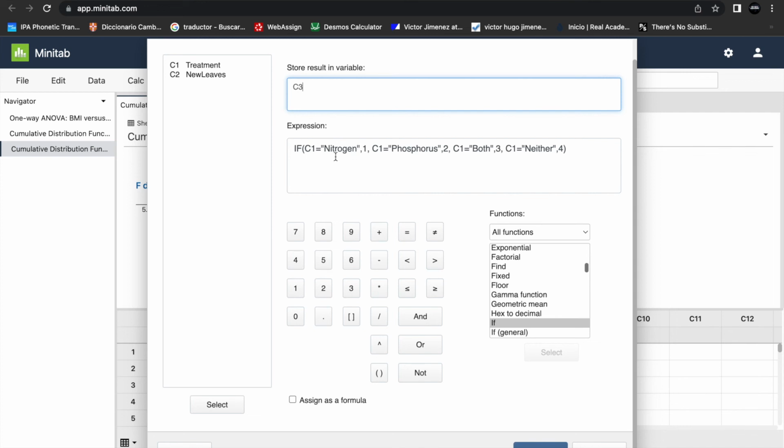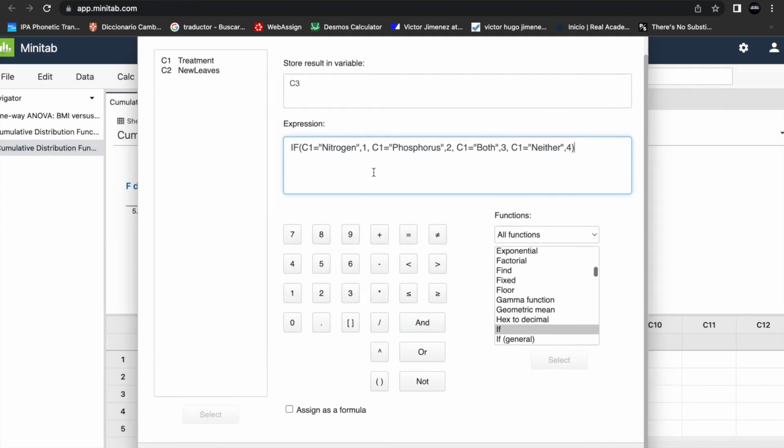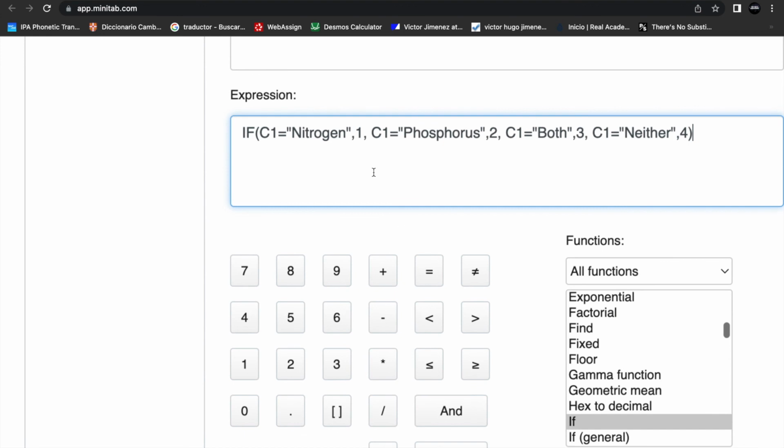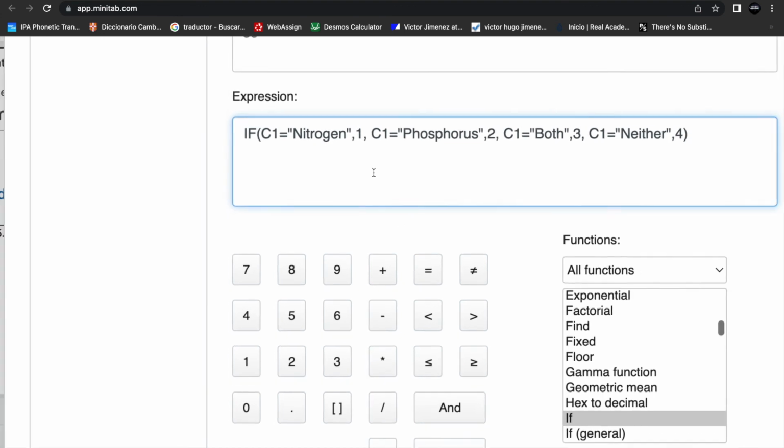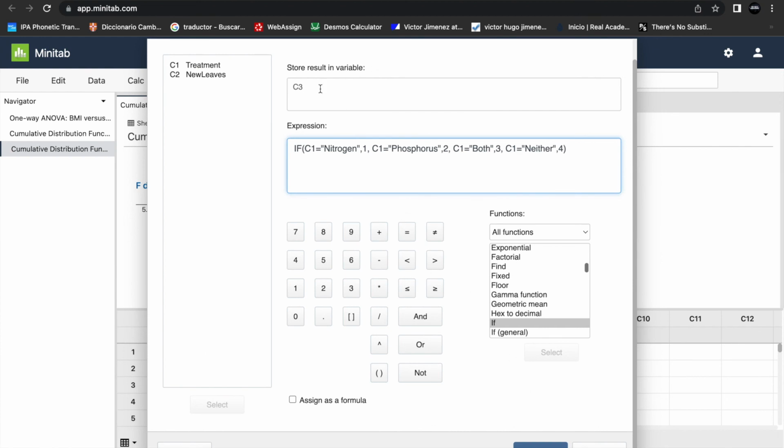Nitrogen is going to be labeled as 1, phosphorus as 2, both as 3, and neither as 4. We have to copy this, okay? There you have it. You will have to put this little code, 1, and then put the results in C3. Once you have done this,